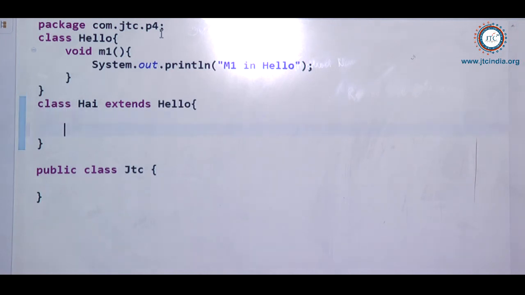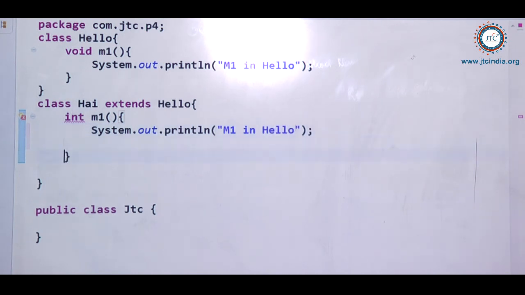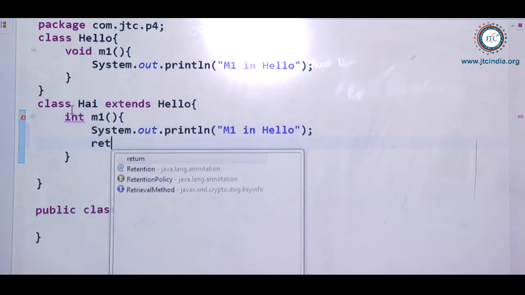In the subclass, will this method be inherited or not? Definitely it will be inherited. So if I write M1 again with a different return type, it is going to give an error. Why is it going to give an error? Can't I write another method with a different signature or different return type?